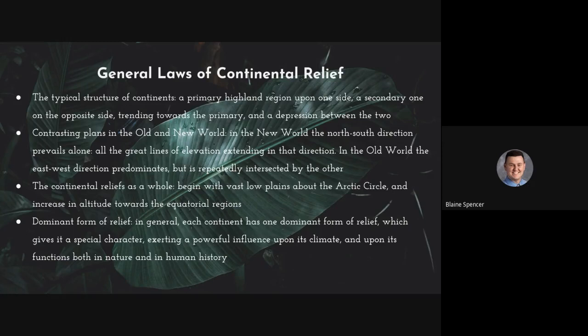That is the general idea for the continents, for all 6. Now, each one has some unique elements to it, but for the most part, they all follow that to a